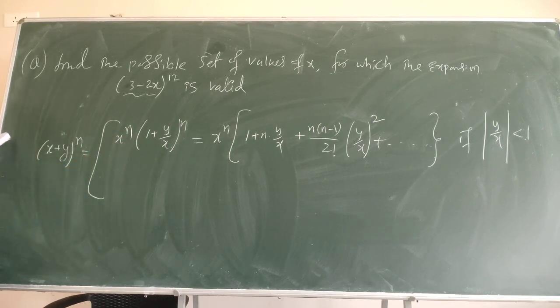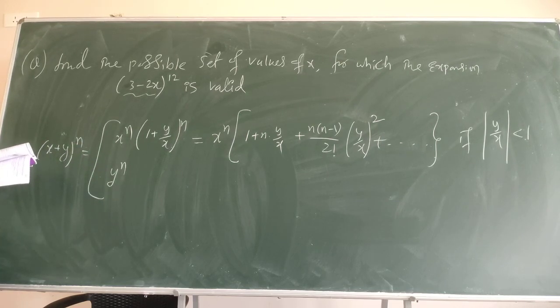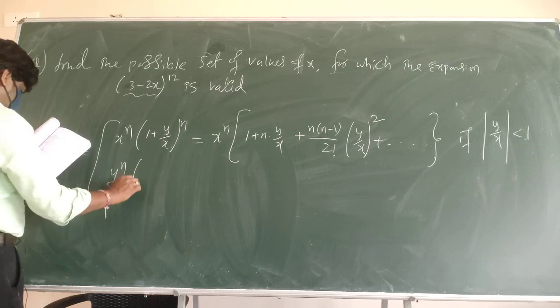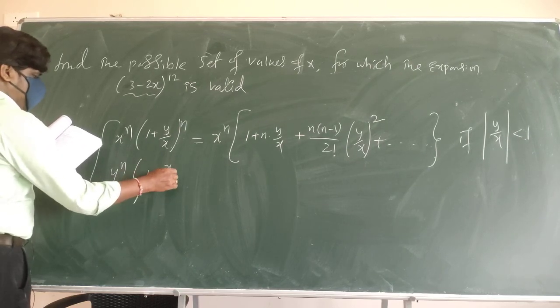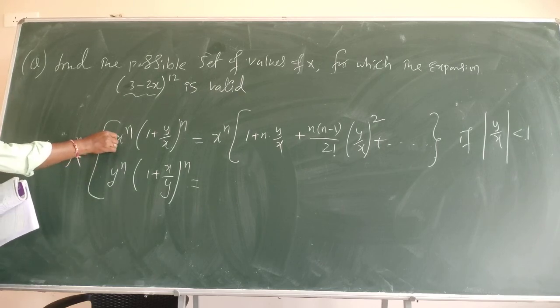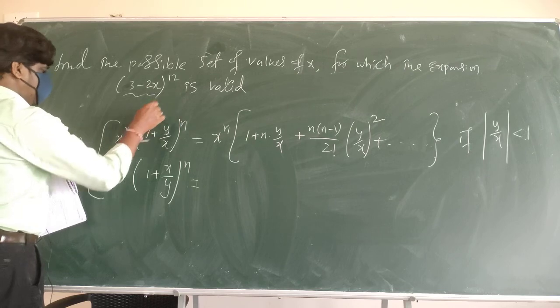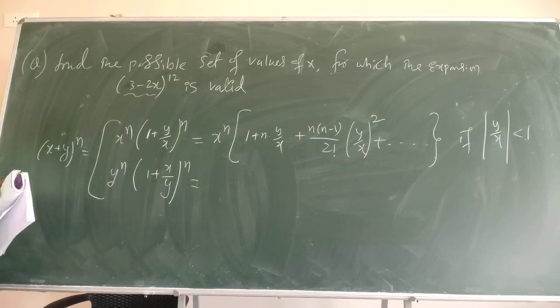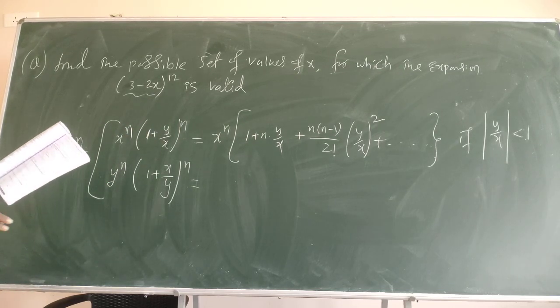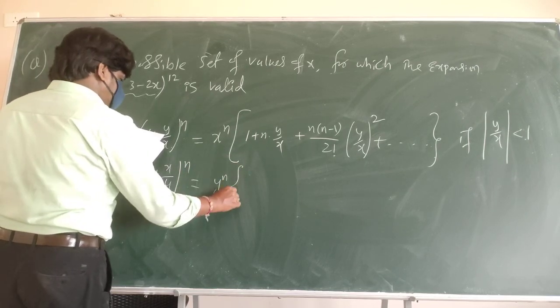Either you can find it in this way, or you can take y power n common. Any one thing you can take common. So if you take this one common, you get 1 plus x by y whole power n. It's not compulsory that I have to take only x power n common. I can take y power n. Our target must be to make 1 here. So in this way, if I expand this, I get y power n